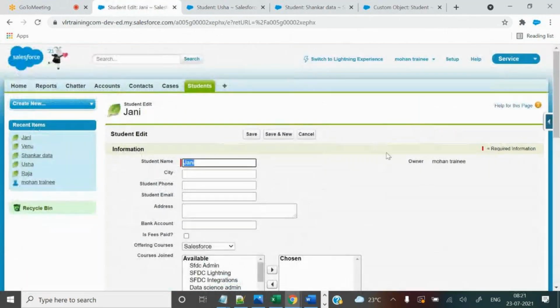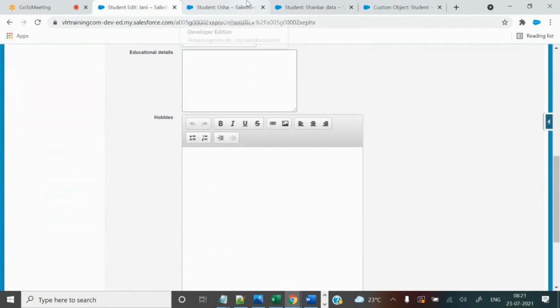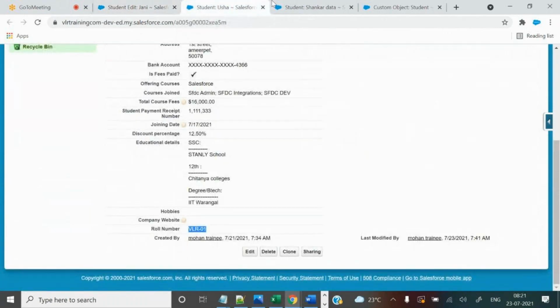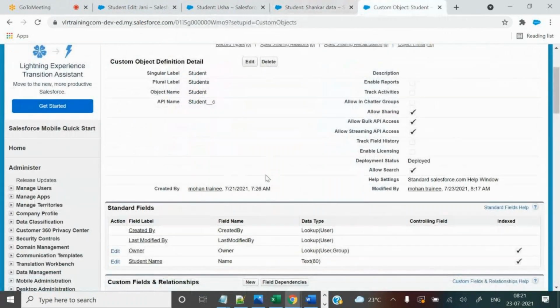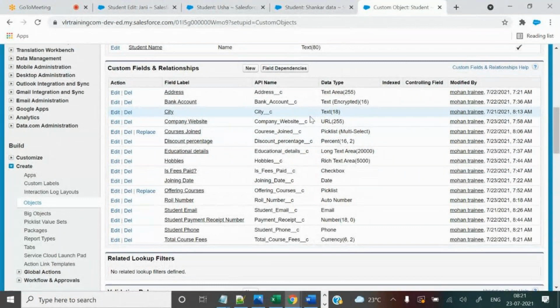We made the roll number required, right? Or even the joining date is required. It is not required. Who made it required? Am I told? Did I make this field required? I think one of these fields that we made required is the roll number.